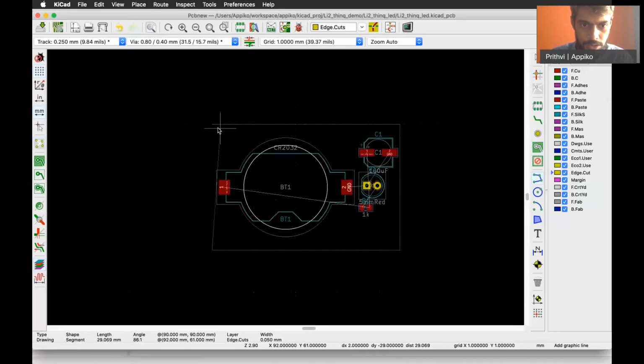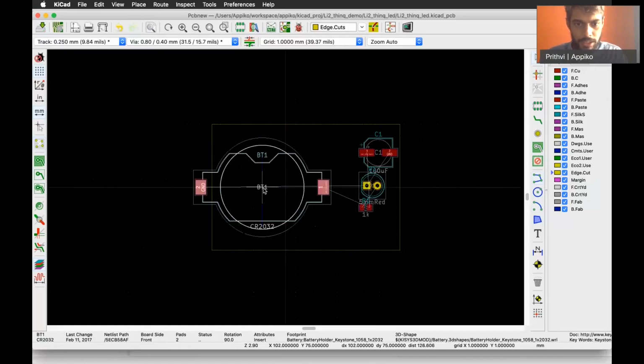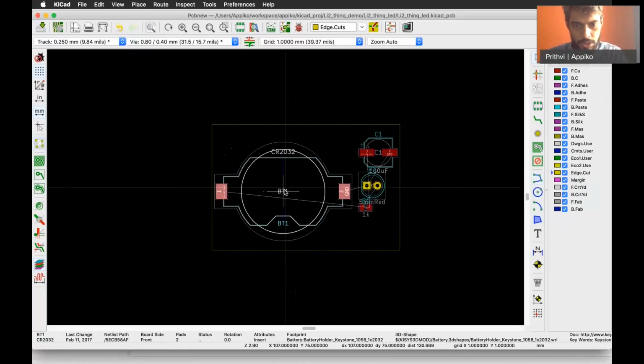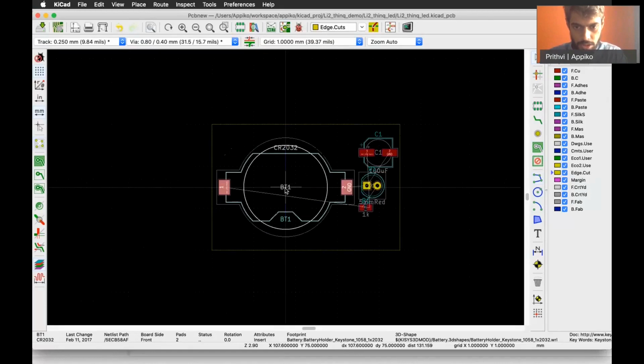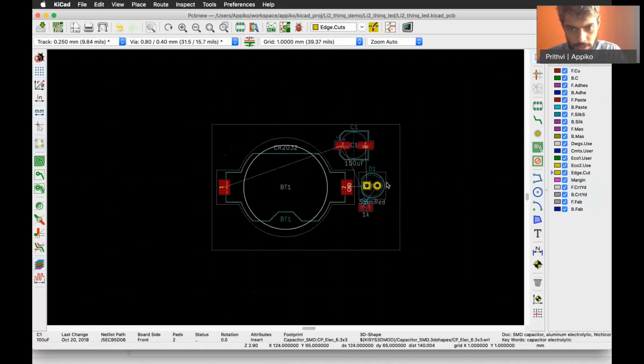That will be good. Cool. Now if we rotate the part, we won't have enough space on the board, and that's okay. Now we have the various parts. We place them properly.